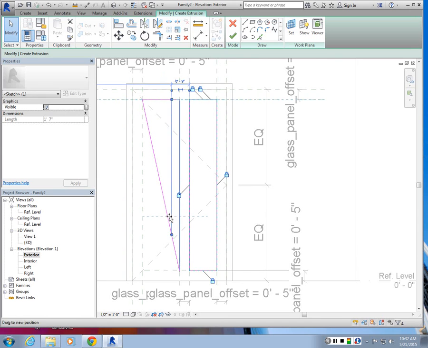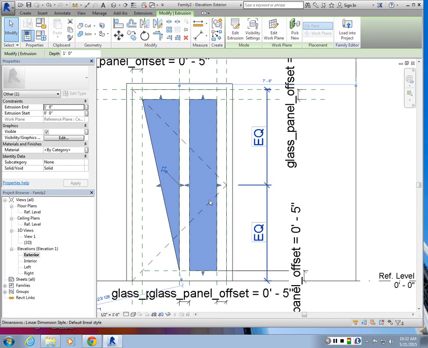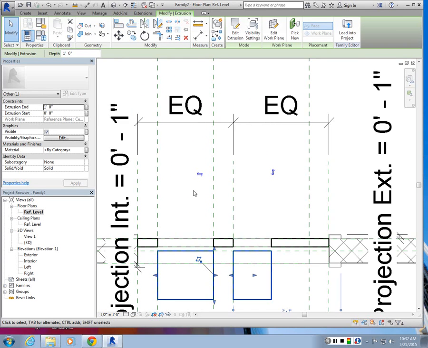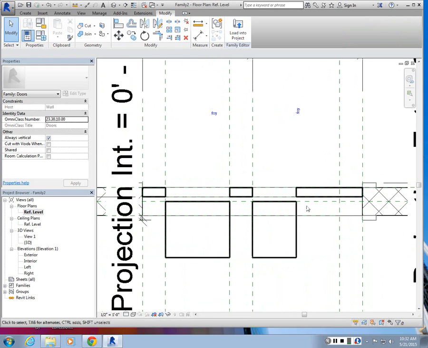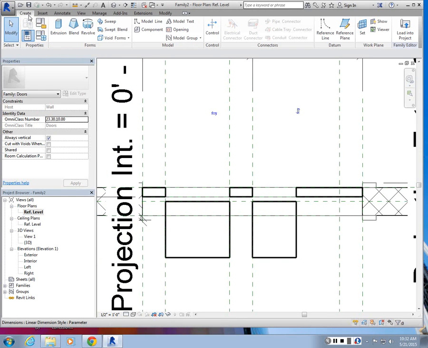Lock this guy, lock this guy as well. Hit check, and go to the plan view. Now we need a middle line here, right? So I can create an offset, or if you don't want to parameterize it, you want to make it something consistent,